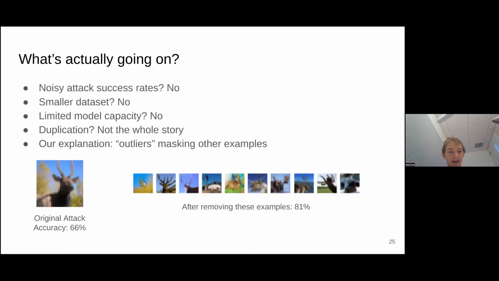It turns out that its attack success rate goes up when you do the privacy onion, but it also turns out that there are only 10 examples that you can remove, the ones that I'm showing you on the right, that can already cause the onion effect. You can get this point from 66 to 81% membership inference accuracy. Essentially, all this is saying is you just need these other, stronger outliers to be removed to cause the onion effect. It's more of a local effect than it is a global effect.